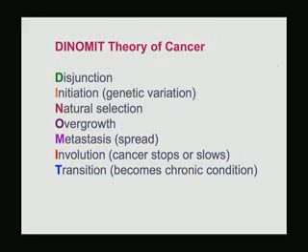So to wrap it up, these are the stages. We now know there are 7 stages of cancer rather than the 3 that we knew about before the new model. And probably most importantly, we know that the first one, disjunction, is quite readily preventable by maintaining adequate levels of vitamin D and calcium. And once we stop that from happening, then this whole cascade that follows, all the other letters in this alphabet soup, do not occur, and we're not going to have cancer, except for cancers that are caused by smoking or very excessive intake of